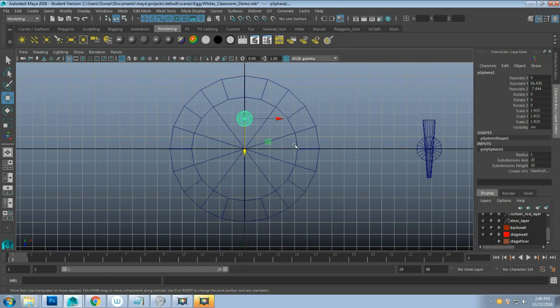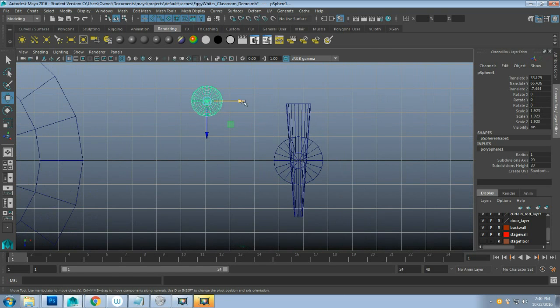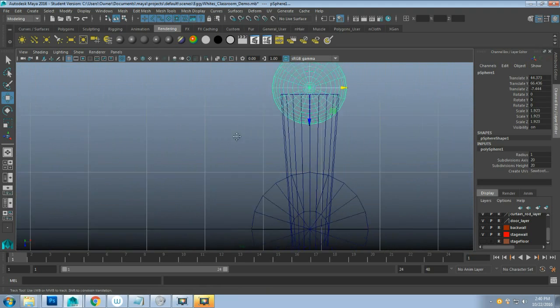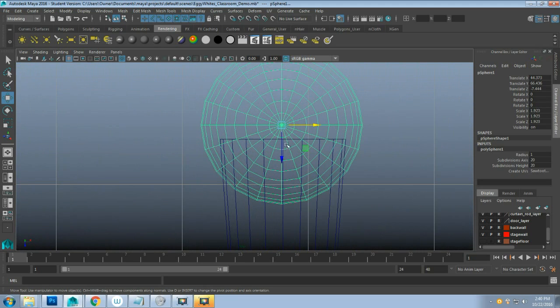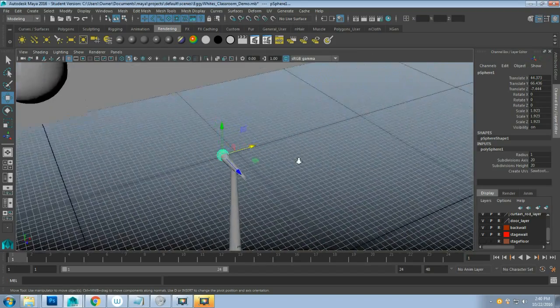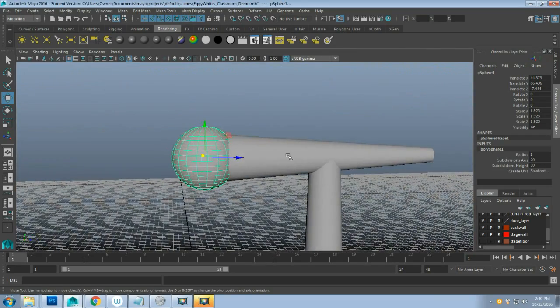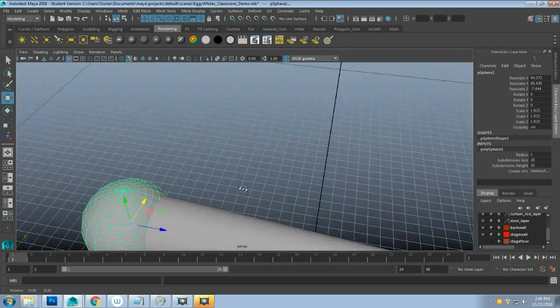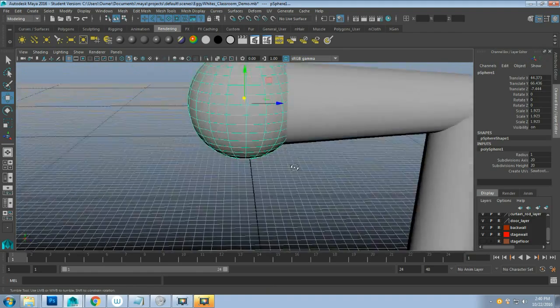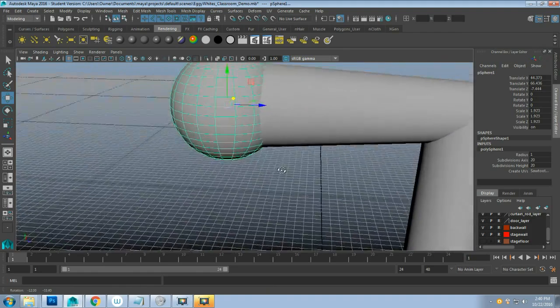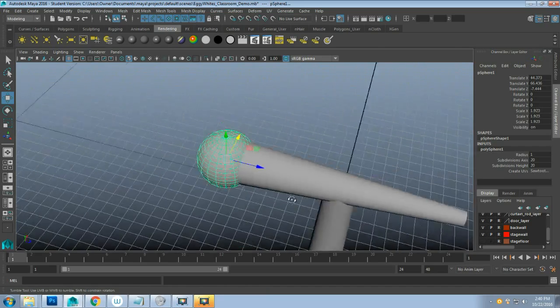Next, let me go on top, and then I can center it on the top view. There's a microphone. It doesn't have to be perfect,